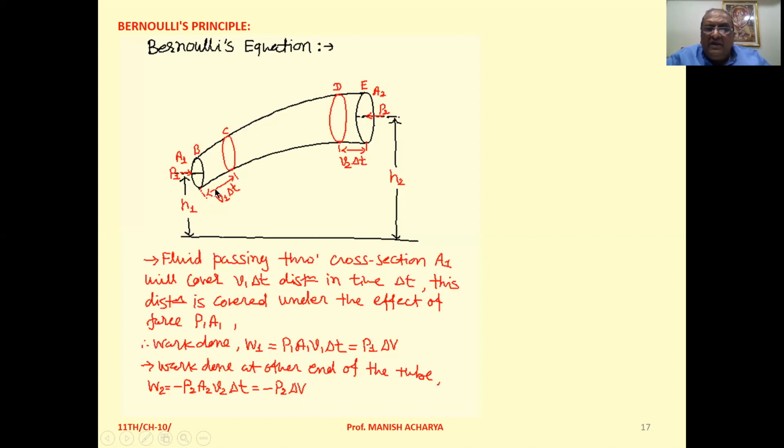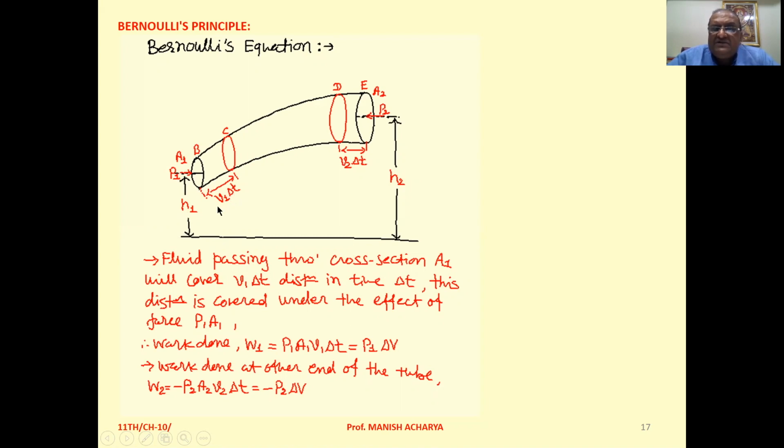Now, here at left end, if the displacement of the fluid, that is V1 into delta t, and now the force on the fluid, that is P1 A1, because pressure, that is force upon area, so force, that is pressure into area. So force acting on the fluid, that is P1 A1, displacement in time delta t, that is